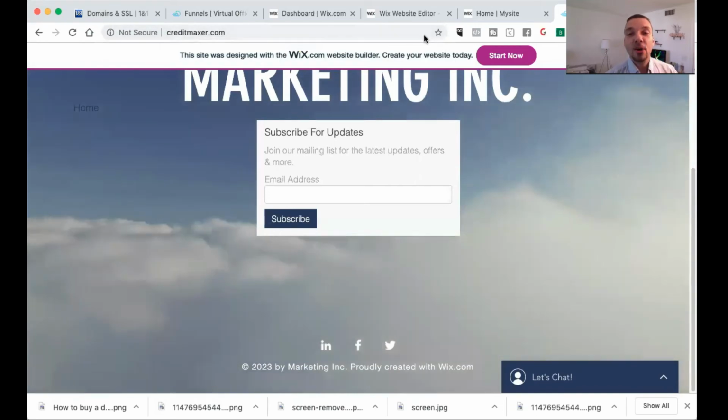And as you see in the toolbar in the destination page, it will have the name creditmaxer.com. So hopefully this has helped you understand what you can do with forwarding, how you can manipulate things, and how you can set up different domains for different things. So again, if you have not looked at that other video, go ahead and check it out, where you can buy your domains for $1. And there I actually reveal a ninja trick on how you can continue to buy domains for $1